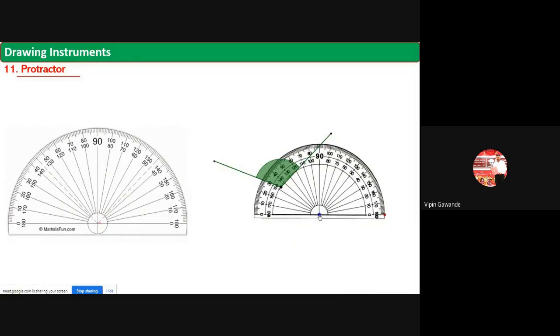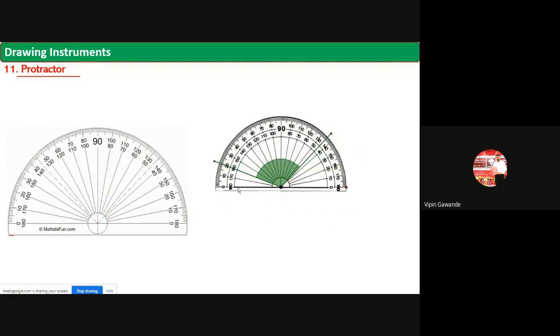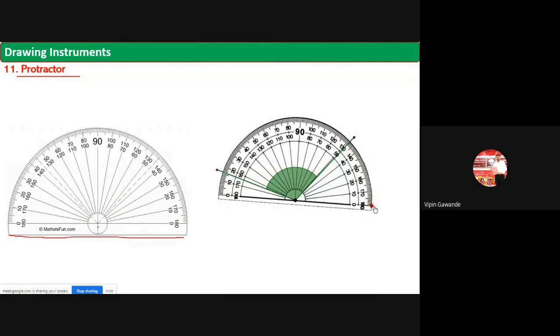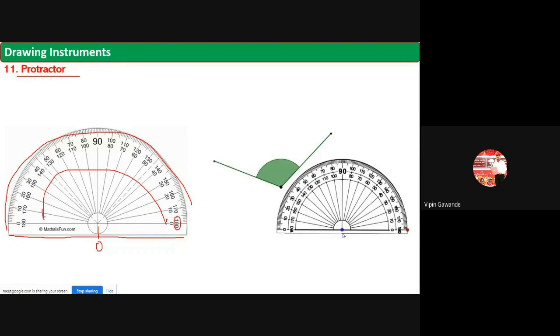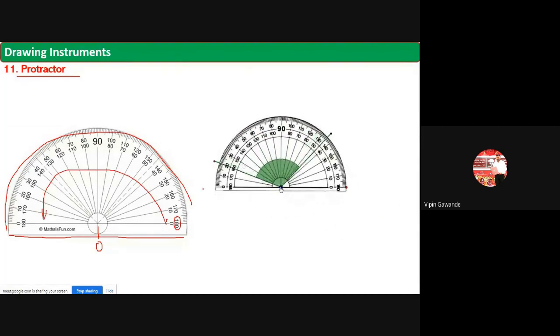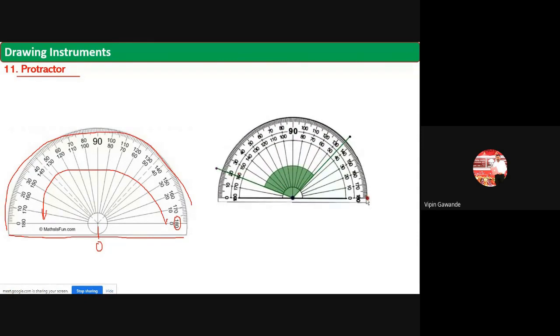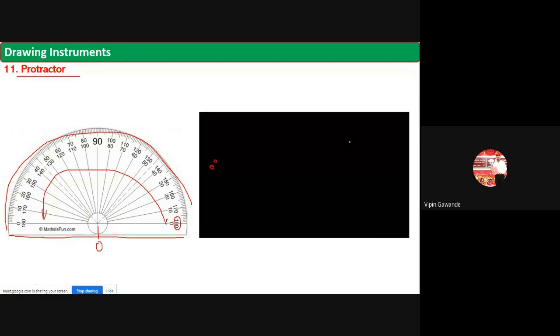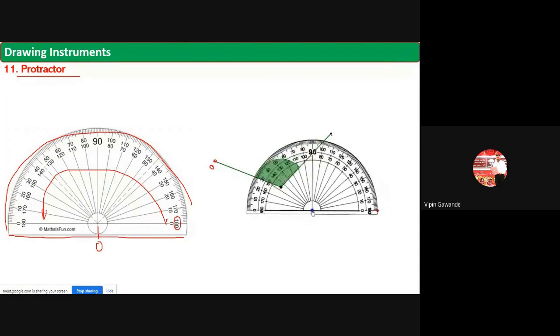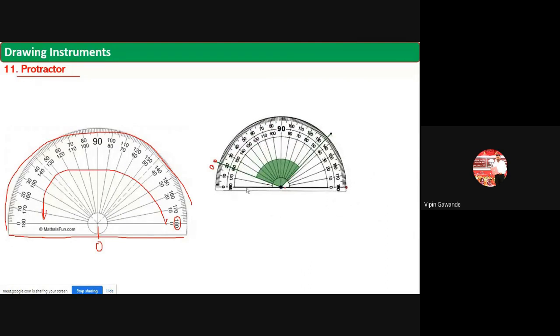Protractor is used for measuring the angles. The most important thing is the baseline. We have to start from that baseline. From 0 to here this is 180, and if you start from the right hand side, it is 0 to 180 as well. Whenever you are measuring an angle, always place the baseline on the particular line and make it 0 degree first. Then you start from 0 and it comes up to here. So that is 115 degree. You have to take immense care while measuring the angles.